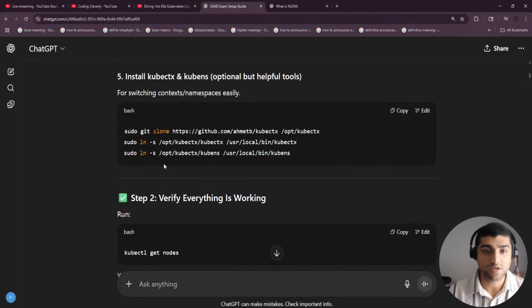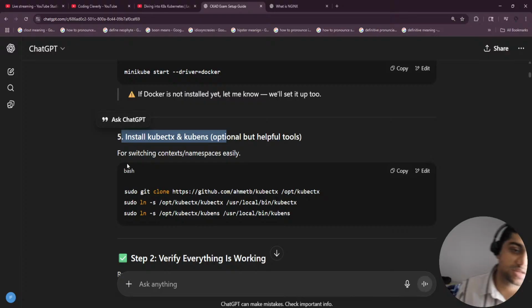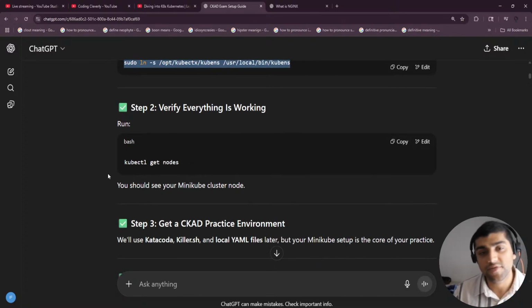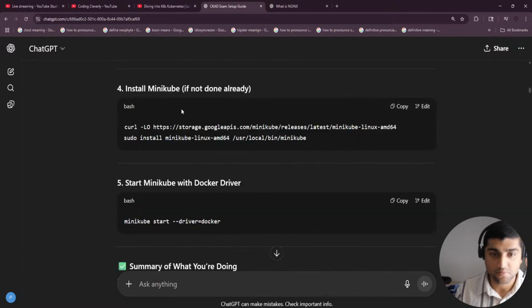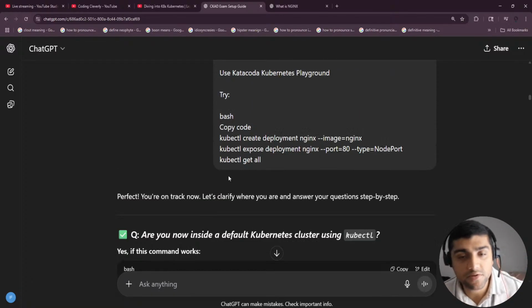And then we started that, installed CDX and Kubans, optional but helpful tools. These are some for switching context namespaces easily. These are some tools. Verify everything is working, and then all of that, things or process had to start earlier like that. After that, what we were doing is